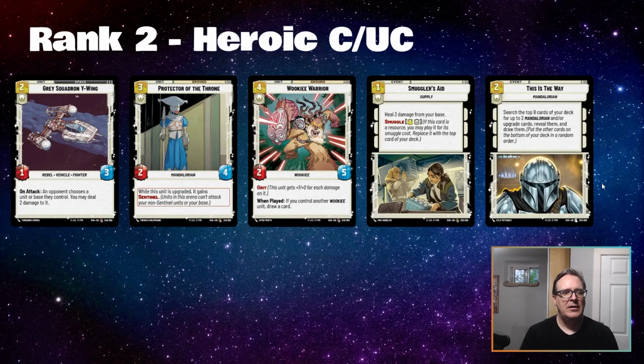Wookiee Warrior, Grit. Unit gets +1 for each damage on it. When played, if you control another Wookiee unit, draw a card. So it's a 2/5 for 4. Has some Wookiee synergy. This thing actually, when I've been playing with it in sealed testing, lasts a lot longer than I suspected that it would. Yeah, I'm not unhappy with this. And if you're lucky enough to have some kind of Wookiee synergy, drawing a card when played,